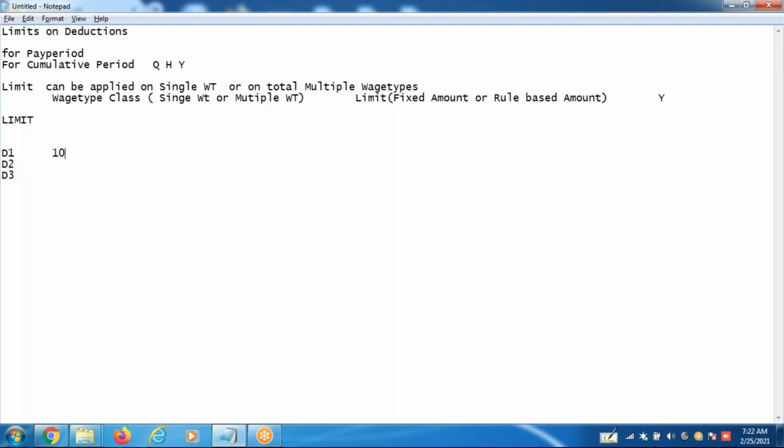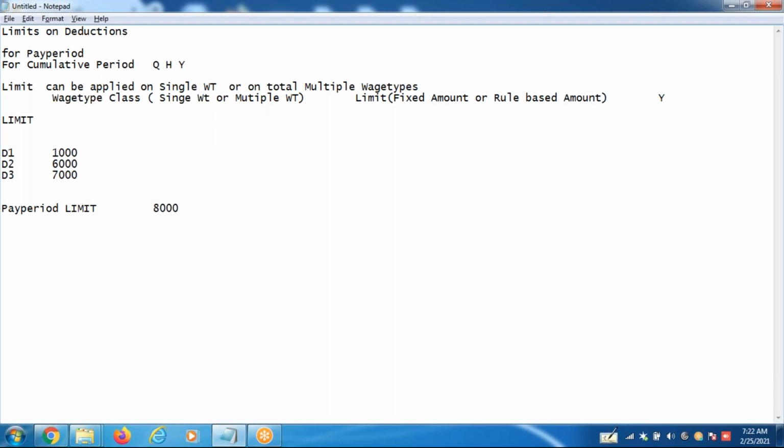This is 1000, this is 6000, and let's say this is 7000. Now when the company says the pay period limit for the above three deductions together is 8000, these deductions must not exceed 8000.